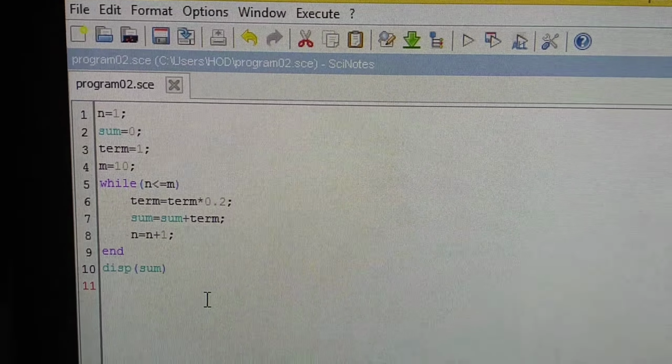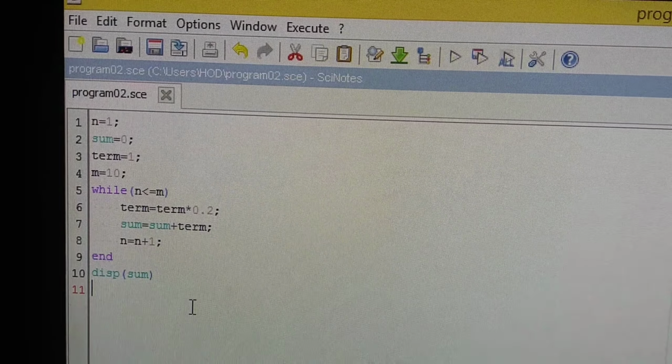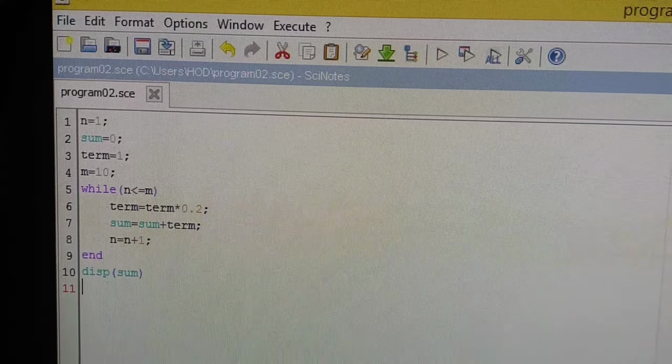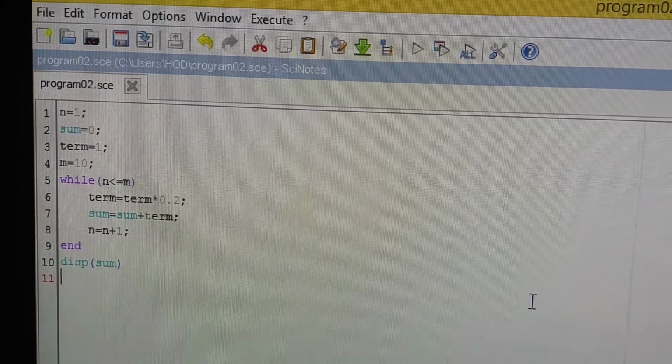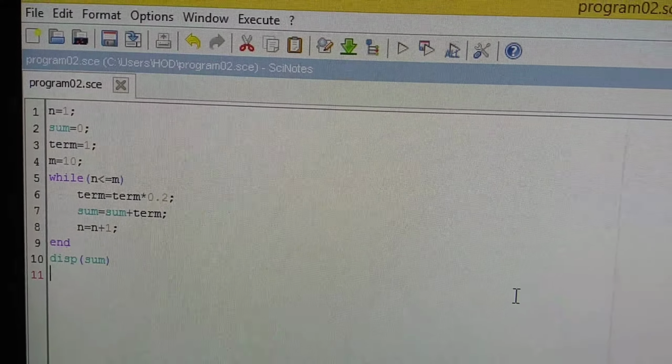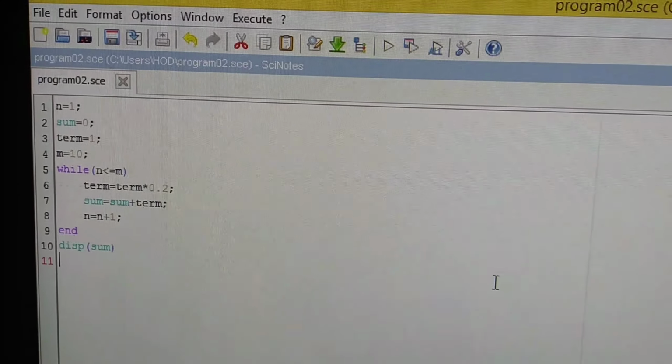Now you again write the program, and here I have taken the value of m equal to 10. If in the summation you take m equal to 10, then the answer will be 0.25.